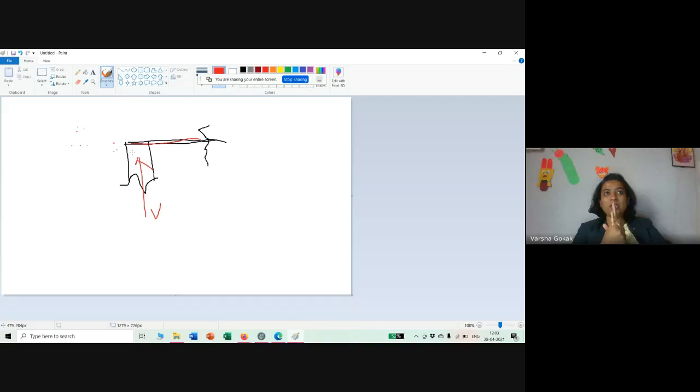Why can it not go downward? Because there is some support over here. It can go upward, but it cannot go downward. This is the condition of vertical. When we're talking of horizontal, it can move because on both sides there is no restriction. What about rotation? It can also rotate. So the only direction it is not allowed to move is vertical. And where it is not allowed to move, that becomes your reaction. This is your vertical reaction. Because it is not allowed to move in that direction, you will have a reaction R equal to 1 in case of a simply supported beam.